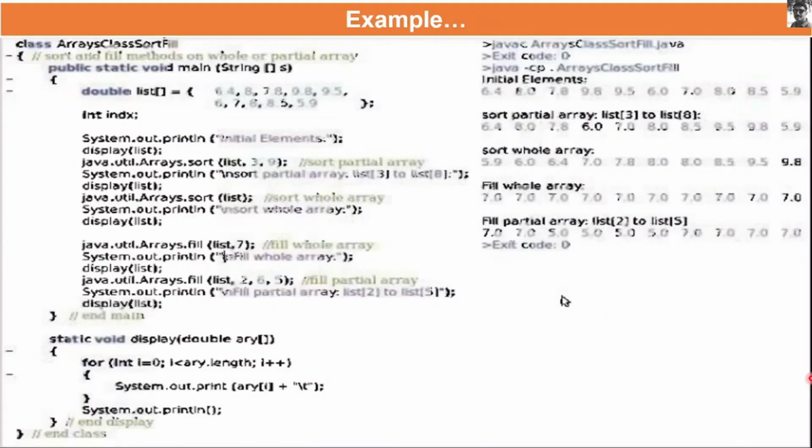You can see this example which is given in the textbook. You can refer here. As you can see, the name of the class is ArraysClassSortFill, and there is a public main method. There is an array list of type double with these 10 values, and there is one variable, integer index. System.out.println initial elements, it will print these initial 10 elements so that you can compare. So display list, then